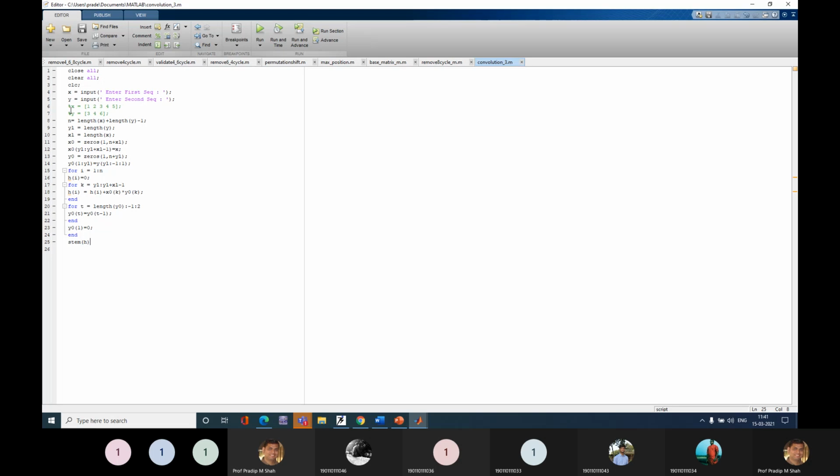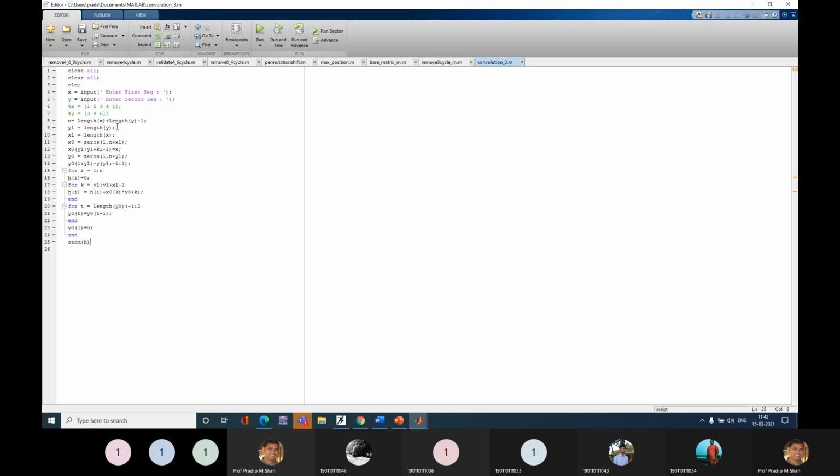Now the first step is to determine the length of your final output. What will be the length of the final output? I already told you that the length of the final output is the length of x plus the length of y minus 1.